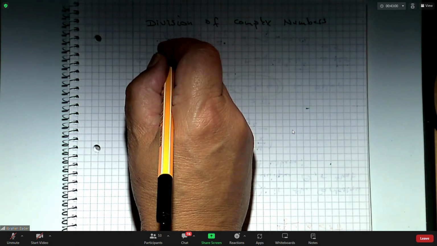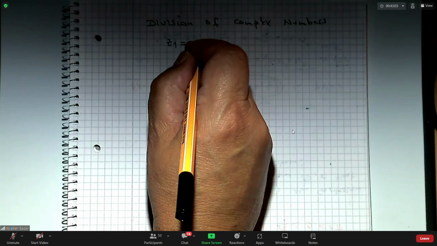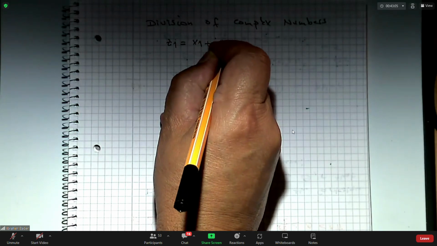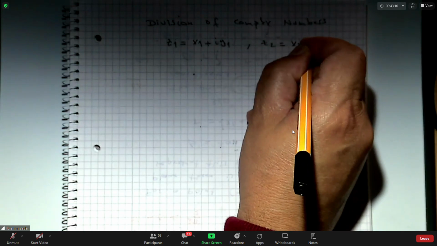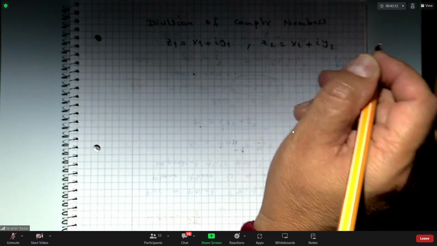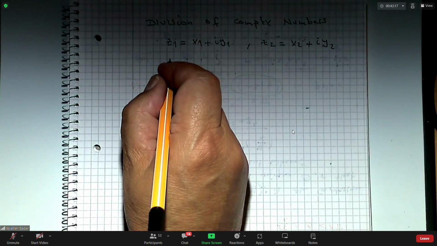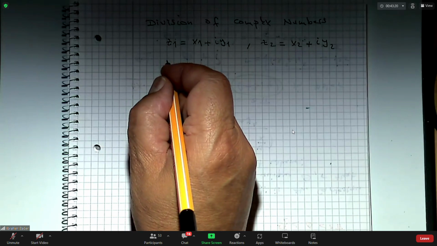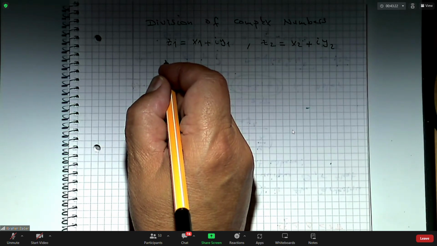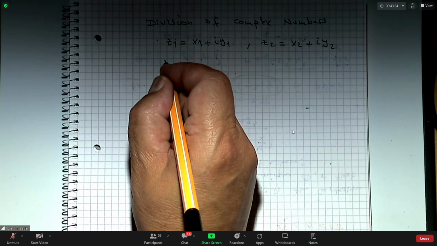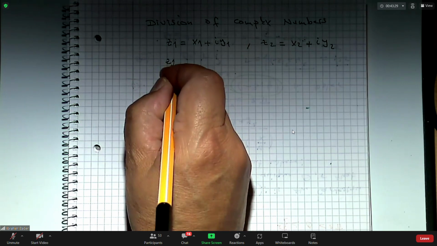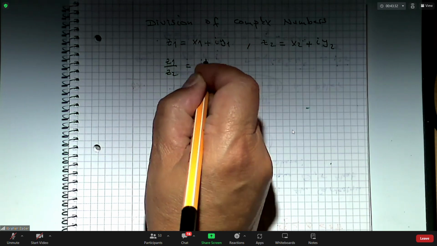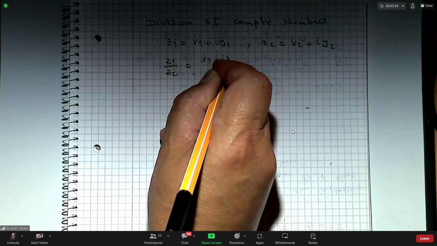So let's assume again, as always, Z1 equals X1 plus iY1, and Z2 equals X2 plus iY2. We're going to use either the normal division sign or just a dash. Let's use the dash because we will need it. So Z1 over Z2 equals X1 plus iY1 over